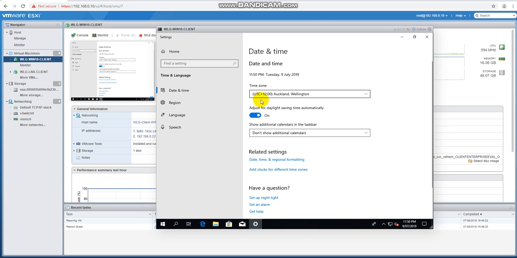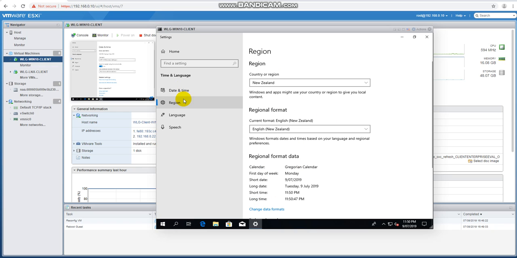As you can see here, we are in Auckland, Wellington, and I have changed the time zone to Auckland, Wellington, UTC +12, and the region is New Zealand, of course. This is where the settings I have changed, and the regional format is English New Zealand,